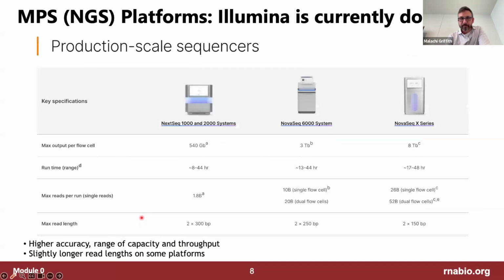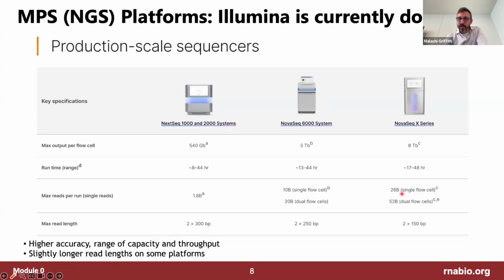some of which we're going to demonstrate in this course. So I mentioned that the Illumina platform is currently dominant in terms of production scale data production. Probably many of you have access at your institute to an Illumina sequencing service or core service, or use a commercial one that uses most likely one of these instruments, or maybe one that's slightly older than this, that's capable of producing a huge output per run. So in a matter of 12 to 48 hours, you can produce a vast amount of data on a single